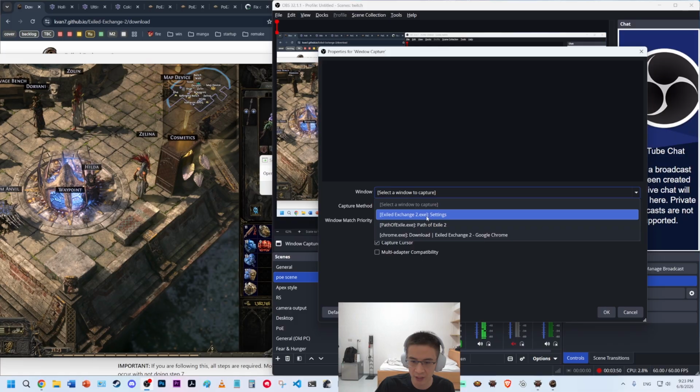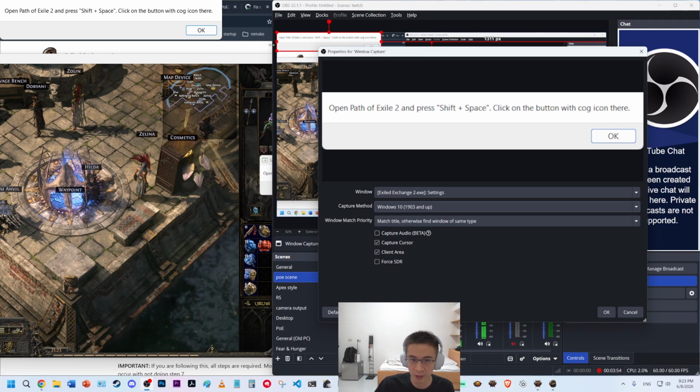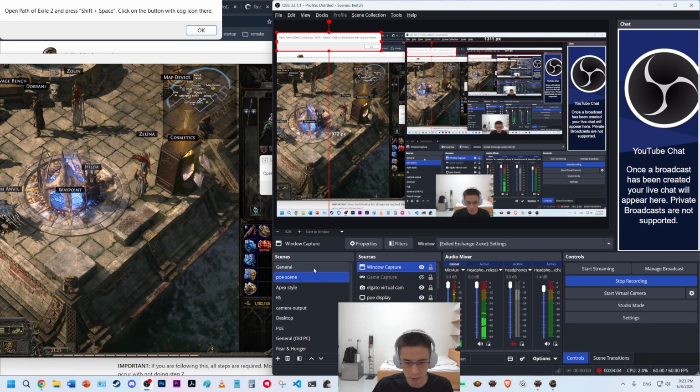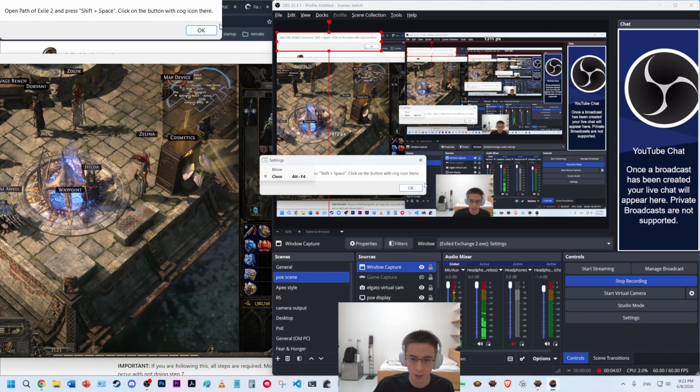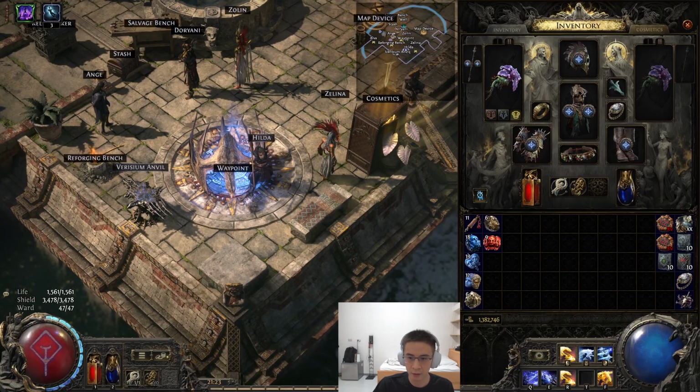Capture Exiled Exchange 2.exe. Make sure the capture mode is Windows 10, otherwise it wouldn't show up. And you can see that it's showing up at the canvas right here. The rest of the settings you can keep the same. I recommend keeping capture cursor on so people can see what you're mousing over. And now it works. So what you would do is you would then close this, and then I will just turn off my desktop capture real quick. And now, when I Control D,